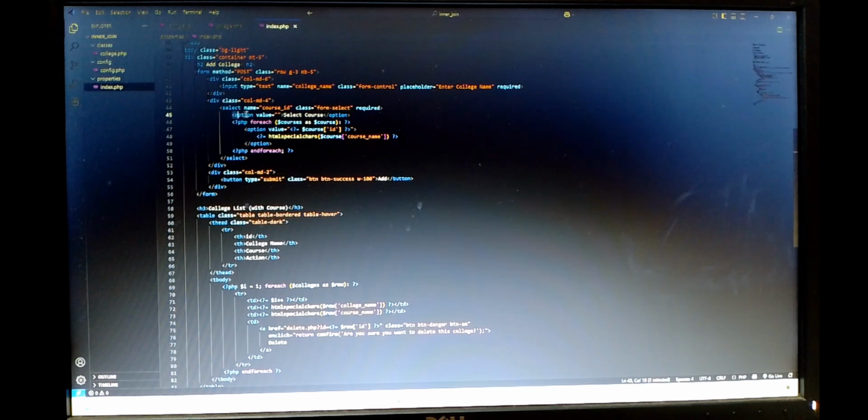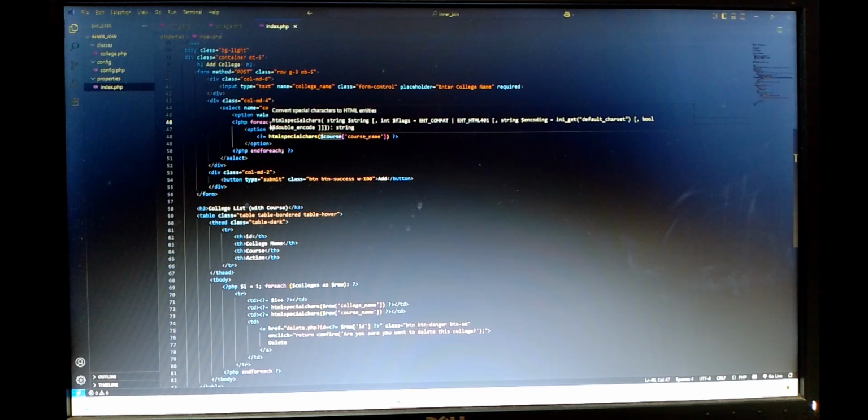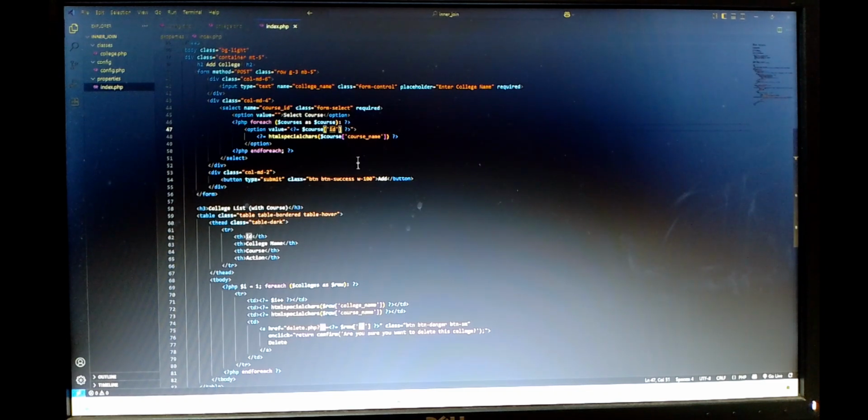So here I'm just writing the option values. I'm writing the option called select course, and then here I'm writing a PHP foreach, so that this will rotate, or whenever I add any kind of course, this will be selected through foreach. So the courses will be course, because I want one course, not many. Then the option value will be course ID, because I have to compare, or I have to see all of those things as an ID, because ID is unique, right? Then under that option I'm simply adding the course name, okay?